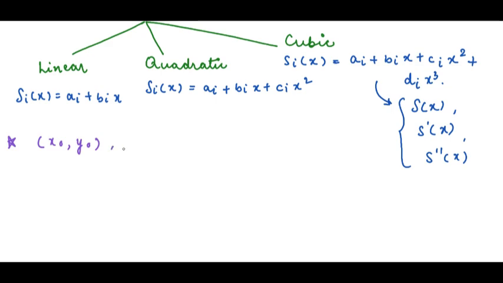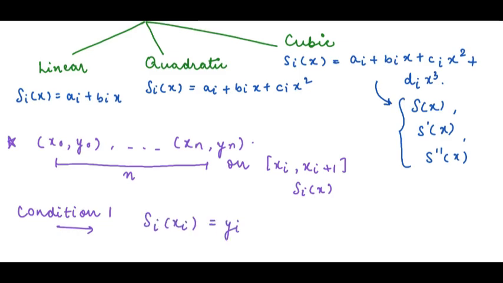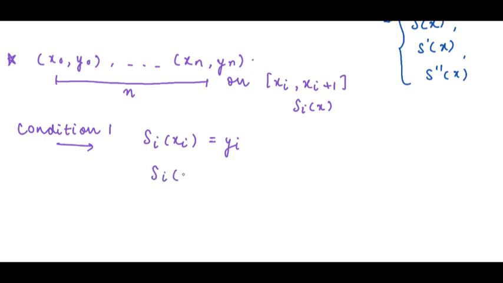Suppose we have n plus 1 data points, x0, y0 up to xn, yn, and there are n intervals. On each closed interval [xi, xi+1], we define a cubic polynomial Si(x). For a standard cubic spline, we impose the following conditions. Condition 1 says that each spline must pass through the data points. That means Si(xi) becomes yi, and Si(xi+1) becomes